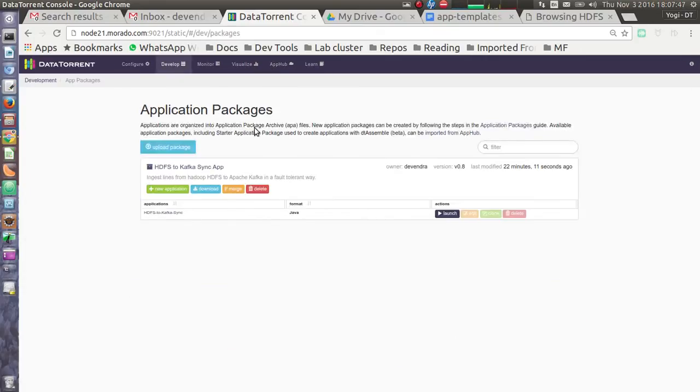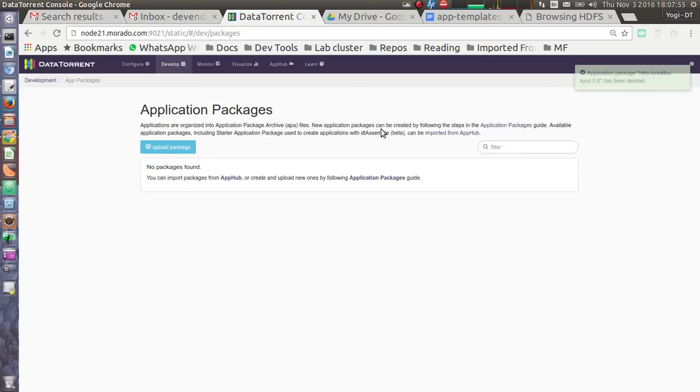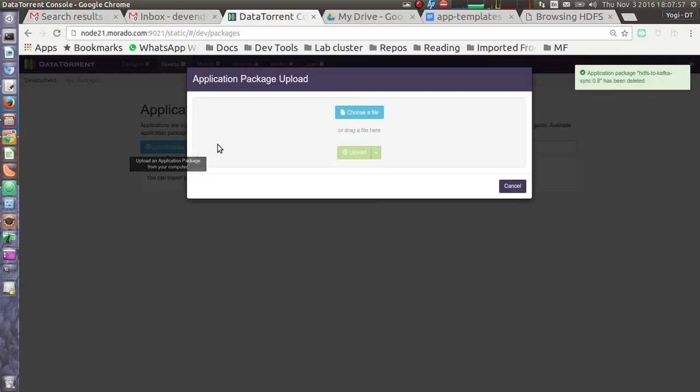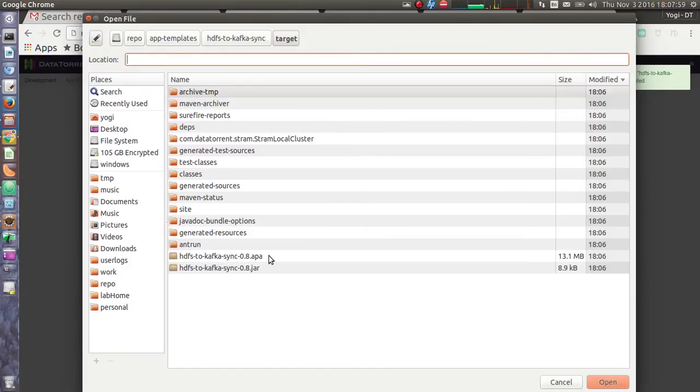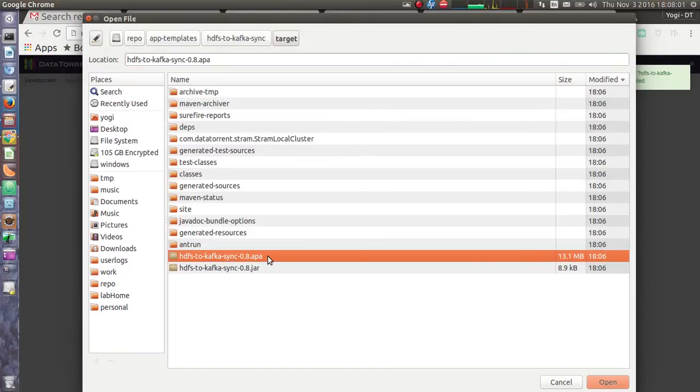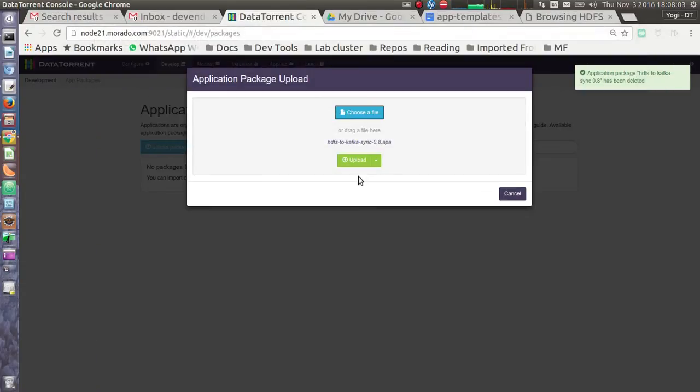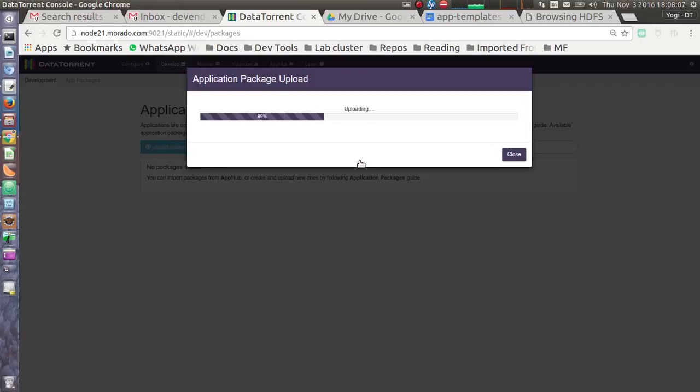Go to develop tab, and we already have one version of HDFS to Kafka Sync application. Let's delete that and let's upload the fresh one. So whatever file was created just now, I will upload. It says upload is in progress.